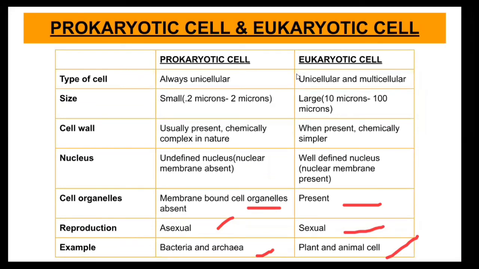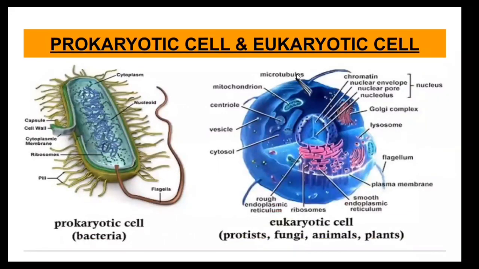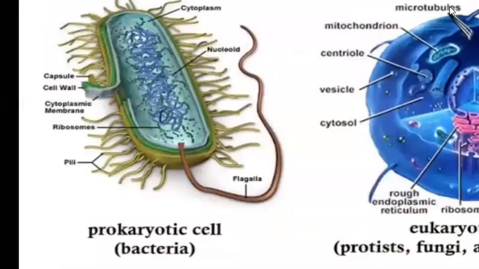So these are the different types of prokaryotic and eukaryotic cell. In case of prokaryotic cell, you can see that there are ribosomes in it. Can you see these ribosomes? Then there is nucleoid, this word nucleoid we have mentioned earlier also. And in this, the very important part is that it has got capsule. So it is enclosed in a capsule. There is a cell wall also in it.